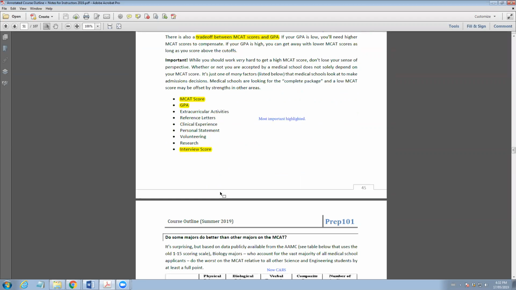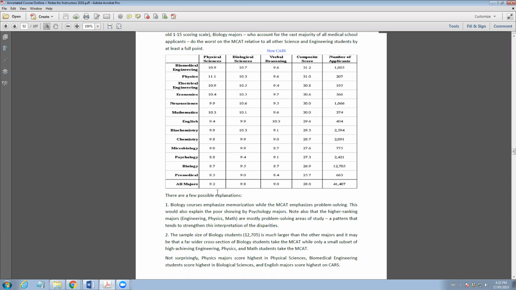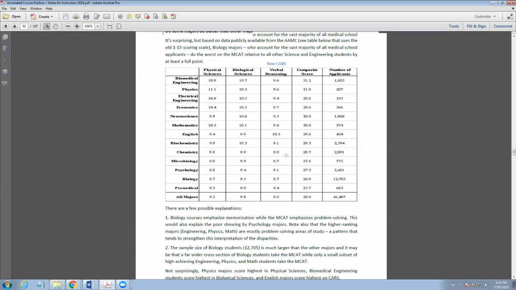Do some majors do better than others on the MCAT? We threw this in, it's actually very, very dated now. But surprisingly enough, in terms of who did best overall, biology majors and psychology majors, some of the standard science majors did well, and pre-med students did the worst. This was on the old MCAT, which was scored out of 45. And English majors